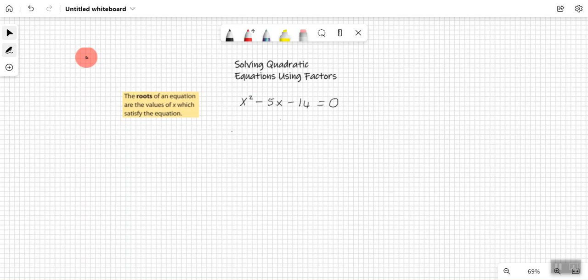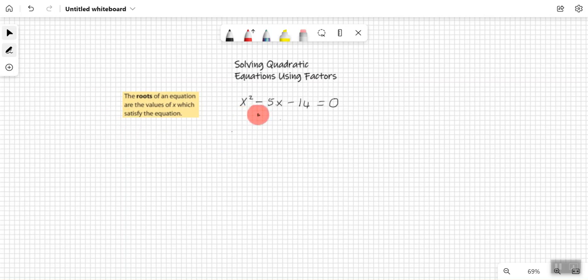So what we're going to look at here is solving quadratic equations using factors. When we say solve in a quadratic, what we're trying to do is find this thing called the root. So what is the root? The root of an equation, or the roots of an equation, are the values of x which satisfy the